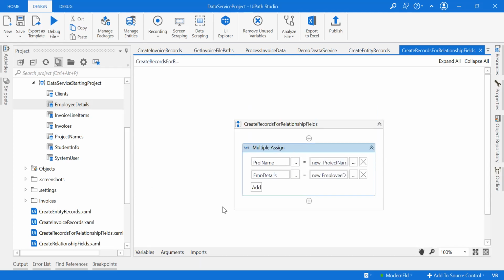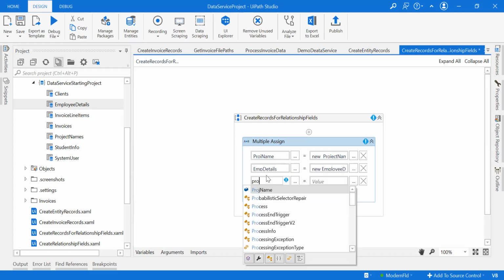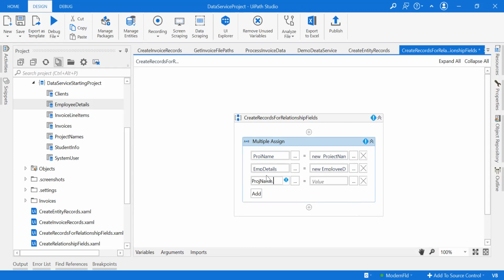So after this, there are two different ways that we can create the data or create the records using the relationship field type. The first one I would show you is very basic. For this, I'm going to add a project name. So project name dot name of the project is the field name, right? It's of the type text. So under this particular project, I'm going to provide the value,